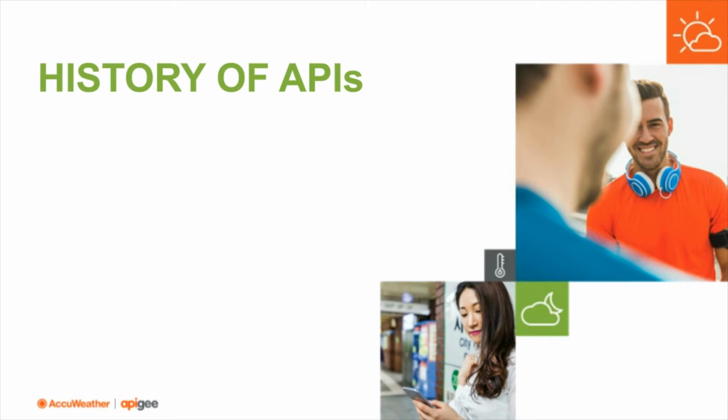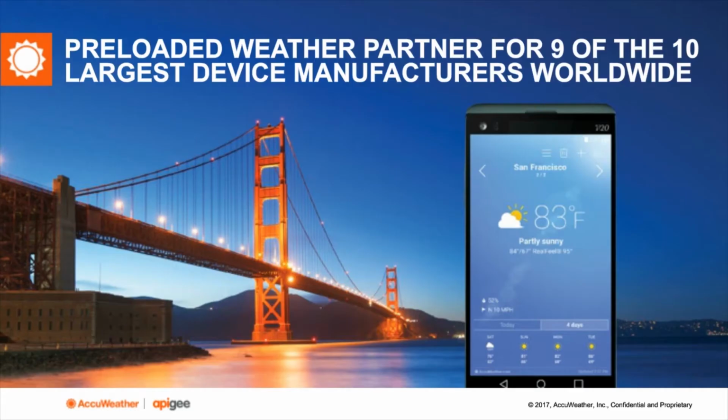We are actually pre-installed on 9 out of 10 smartphones in the market right now, from the largest device manufacturers. It's enabled us to evolve our APIs from being very low volume, XML formatted, very client-specific products with low cacheability, to now evolving to what the smartphone market is today, as well as other products, learning that we had to evolve our own APIs into a JSON formatted, high cacheability, high efficiency